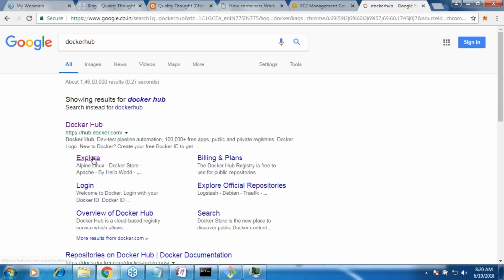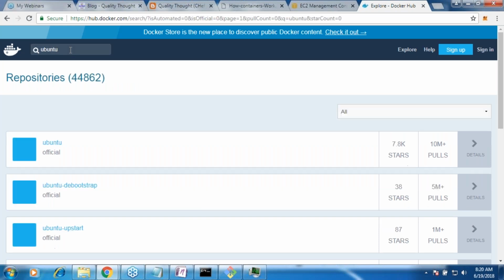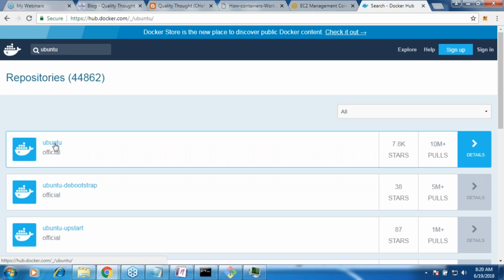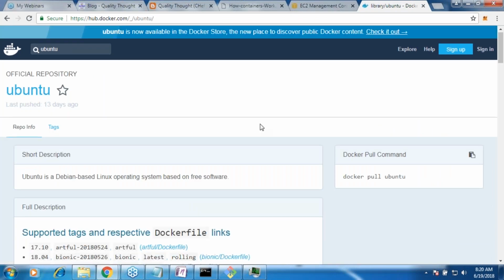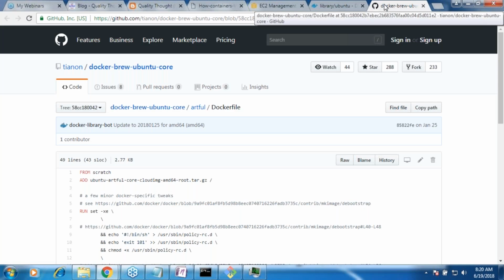Now let me go to Docker Hub and search for something. Do I have the Ubuntu image over here? Yes. Okay, now let us look at the Dockerfile.